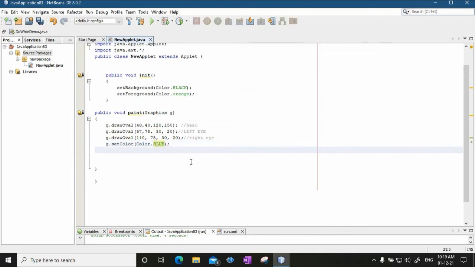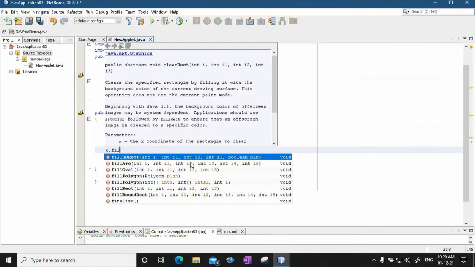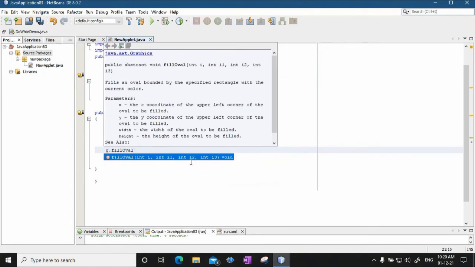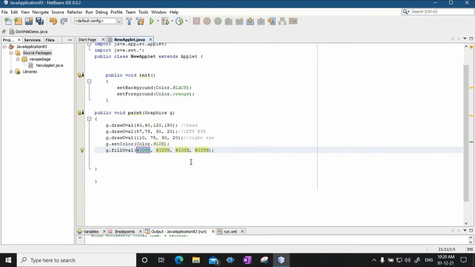Then I'll use the fillOval method, and I will say g.fillOval. Let's say 68, 81, 10, 10. Width will be 10 and height will be 10.